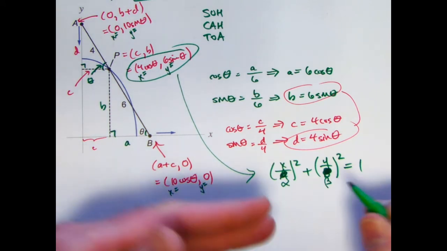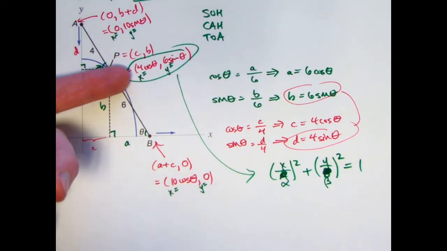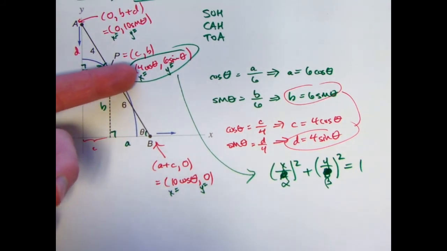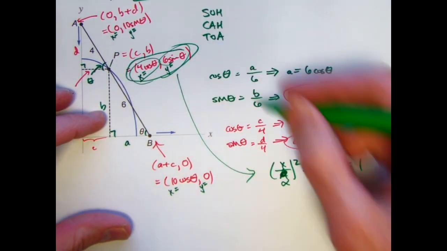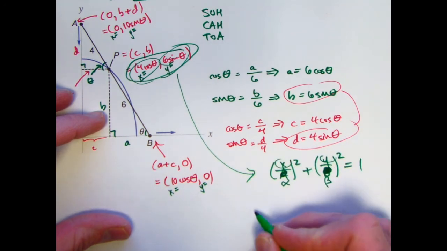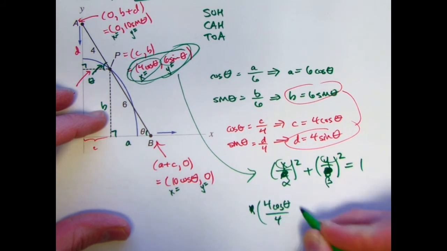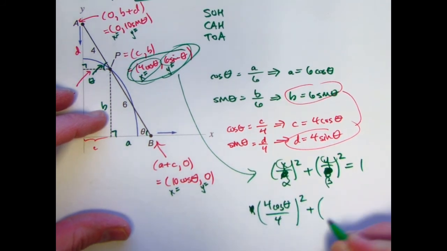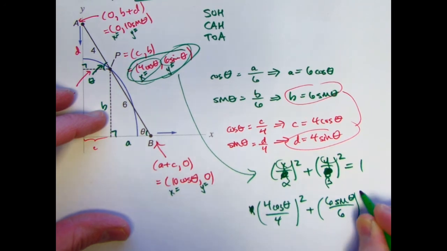What are alpha and beta? What is going to make this true? Can it be made true for this particular parameterization? Yes, you can think about it here. Alpha to be 4 and beta to be 6. Because if you take these equations and plug them in there for x and y, you're going to get 1 if alpha is 4 and beta 6, because 4 cosine theta over 4, quantity squared, plus 6 sine theta over 6, quantity squared,